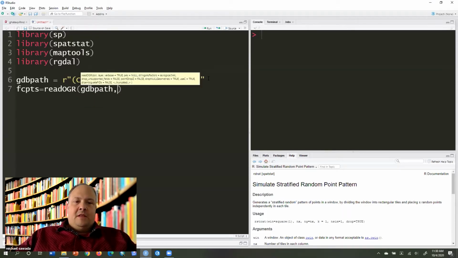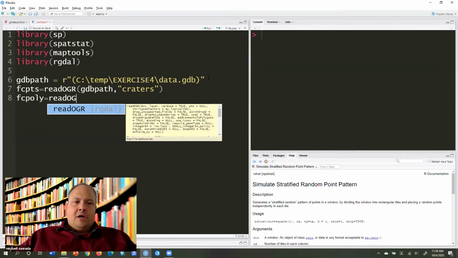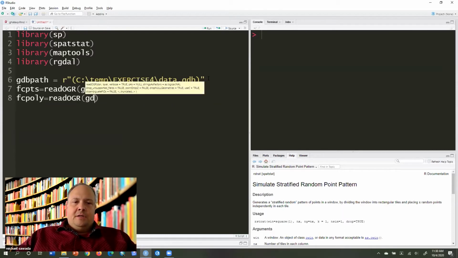And then the name of the layer. And the name of this layer here is craters, for the Uganda craters. And then I'll make a poly, FC_poly, readOGR, GDB path, comma, and the name of this one is,